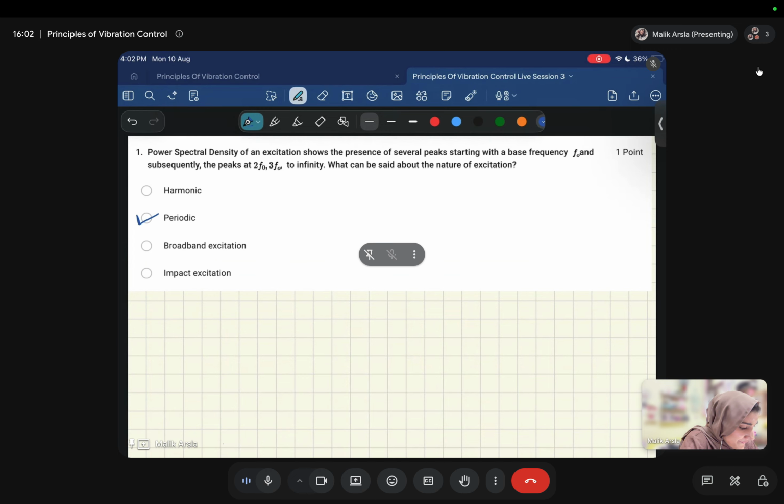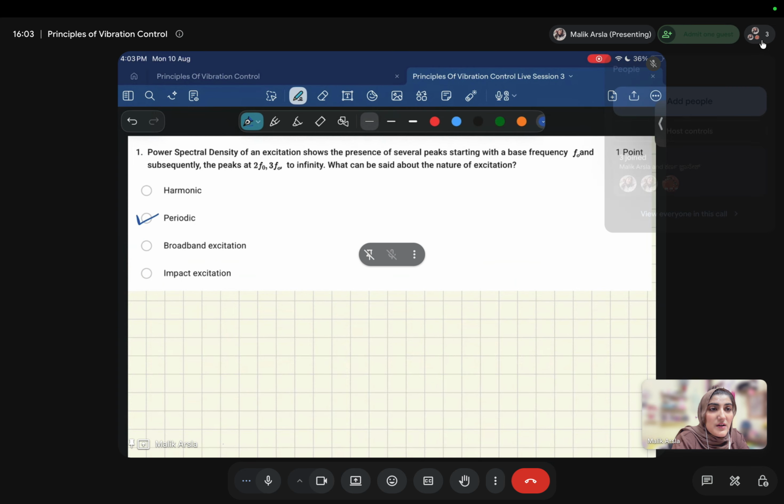After that, the other two options are the broadband excitation and impact excitation. So in case of broadband excitation, we have basically a continuous spread of energy across different frequencies, not the peaks. So here we are talking about peak frequencies at f0, 2f0. Obviously that is also not the correct option. And in case of impact excitation, basically we have a force for a very short duration,